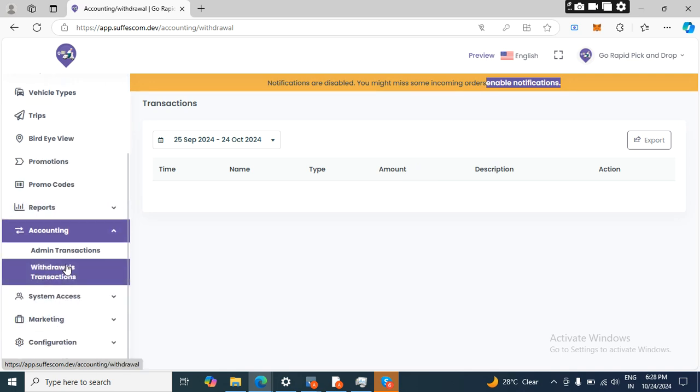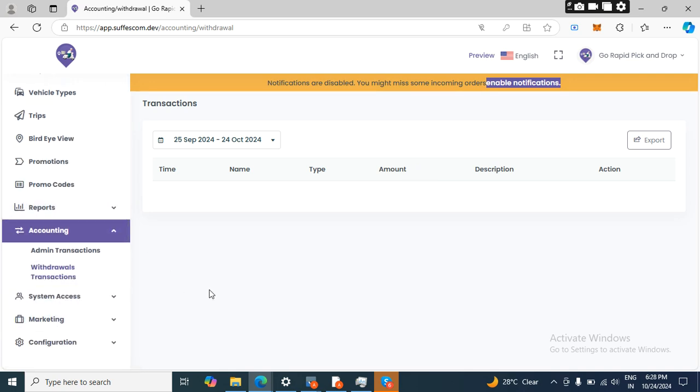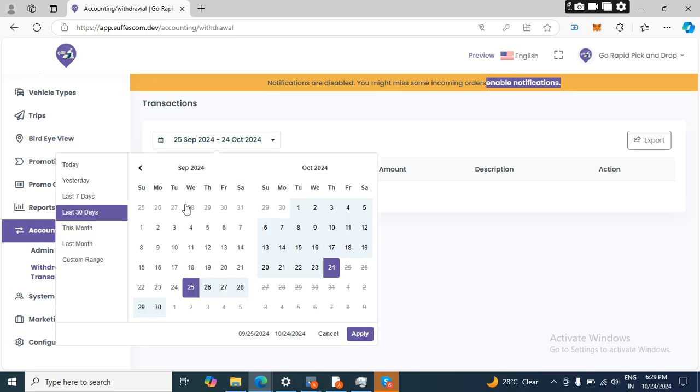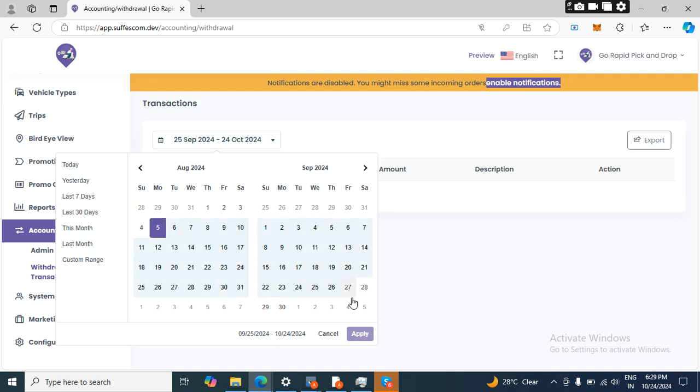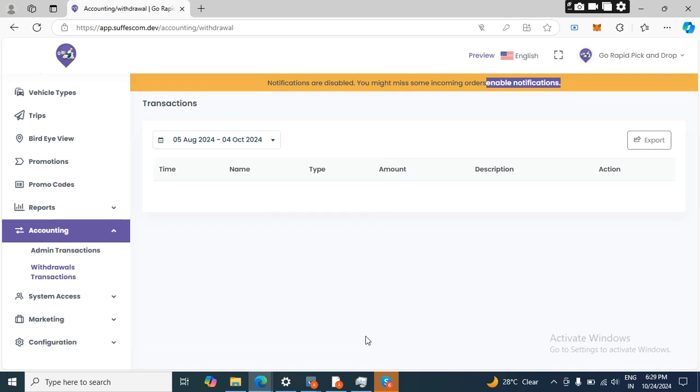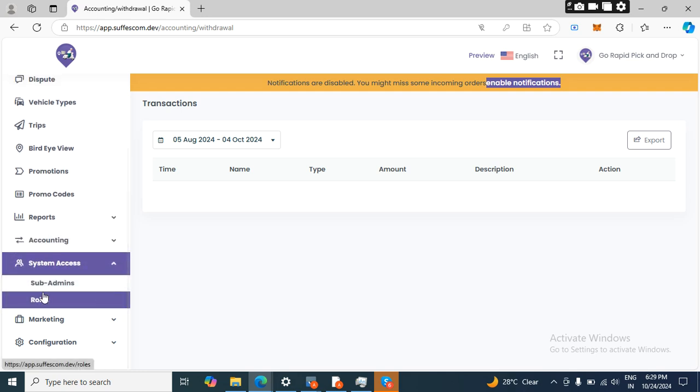Moving on further, this is the withdrawal section. As an admin, I'll be able to see if there's any withdrawal from the platform on the given date. I can select the starting date and the end date. I'll be able to see the results, and I'll be able to see the time, the name, the type, the amount, and description of the withdrawal amount. And also I can take some actions regarding that. And also by clicking on the export button, I'll be able to export the withdrawal transactions history. Moving on further,